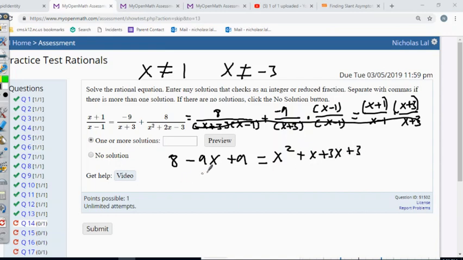So that's going to become negative 9x plus 17 is equal to x squared plus 4x plus 3. So 0 is going to equal x squared plus 13x